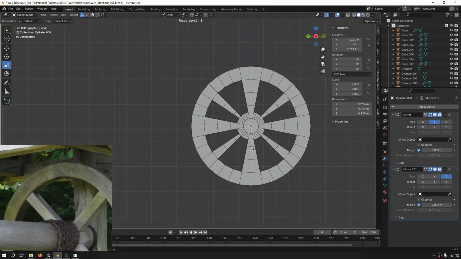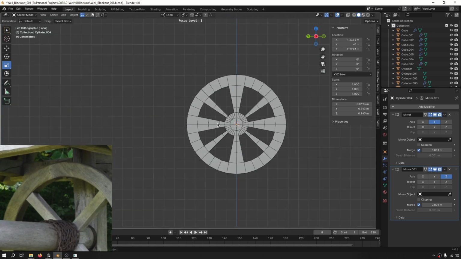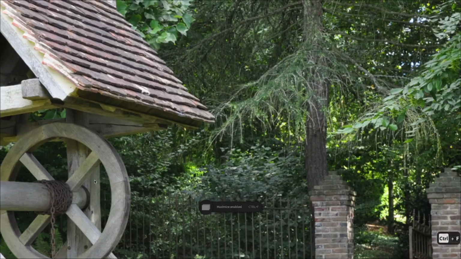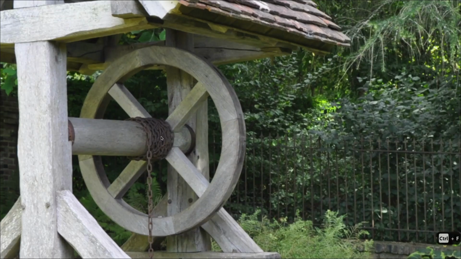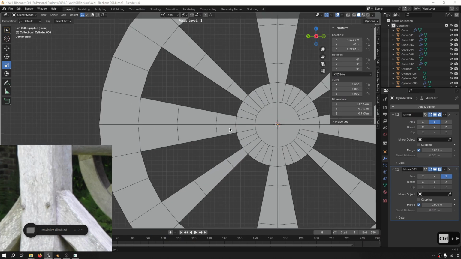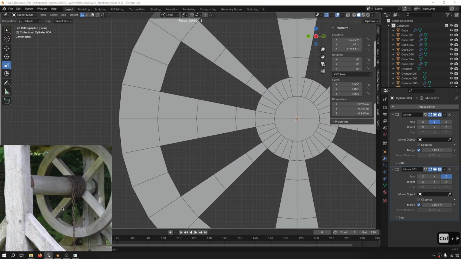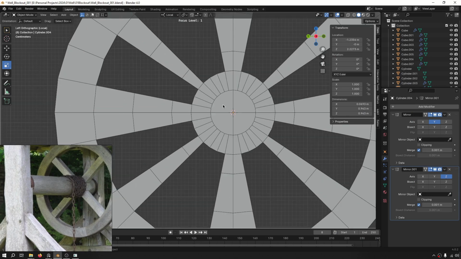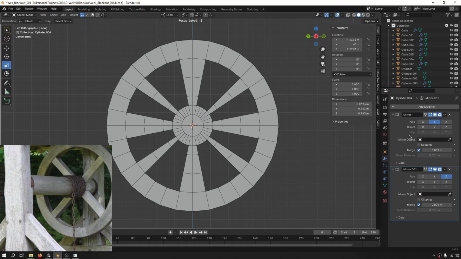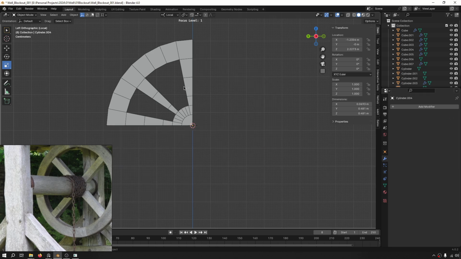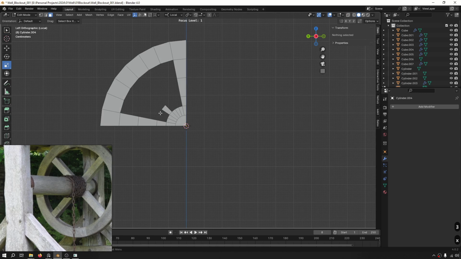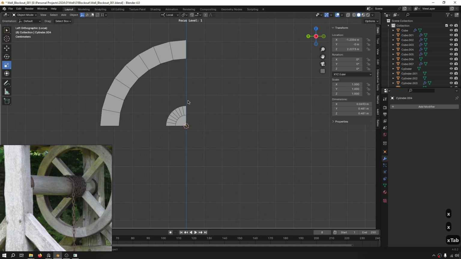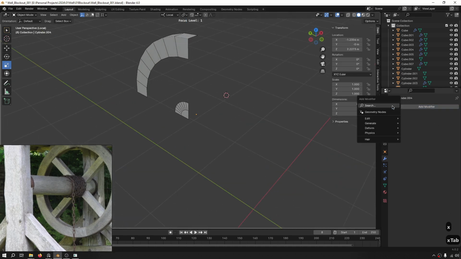Okay, if this is something that you want, you can keep it, but I see that in here we have 4 planks, and in here you see the planks are square. But in here, you see that the planks get thinner as they get to here. So let me remove this half and this half and remove what we have here in the center. Okay, that's a design choice. You could leave it or you could just